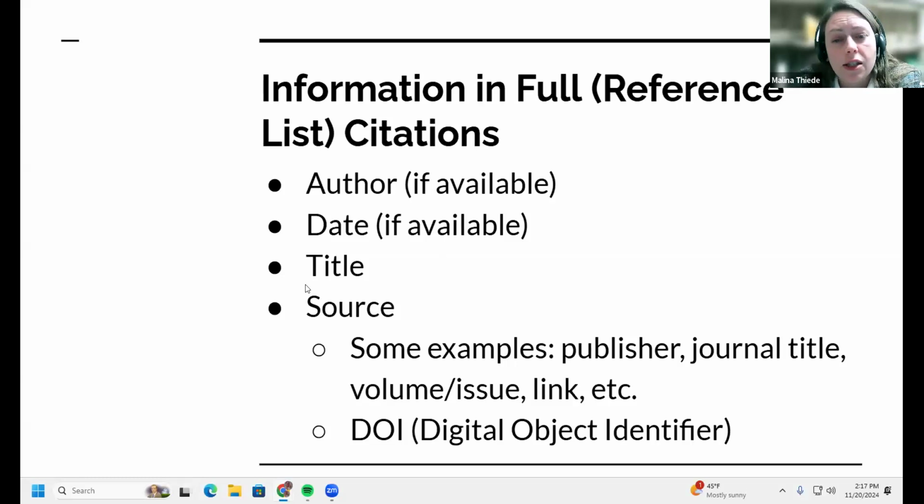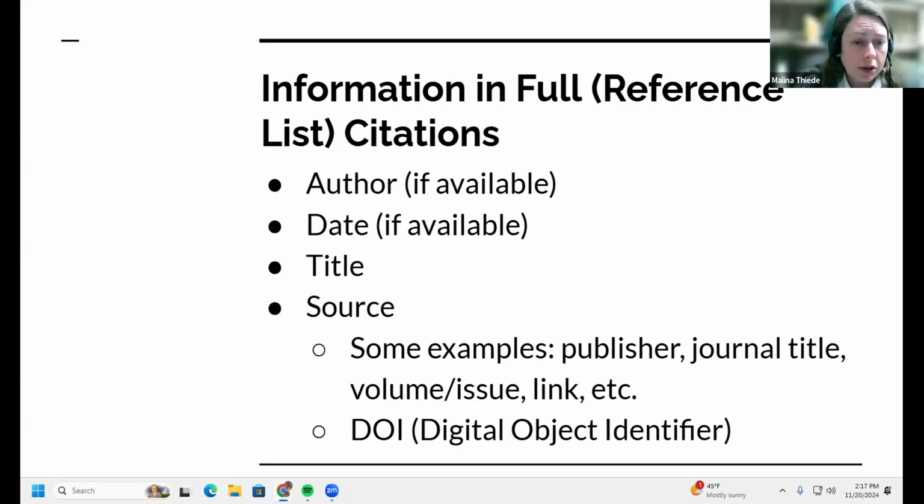The next thing is the title of the resource. So the title of the book, title of the article, title of the web page, title of whatever it is that you're working with. And then you also will include the source information. The source information can include a variety of different things. When you're citing a book, the source is the publisher most of the time.